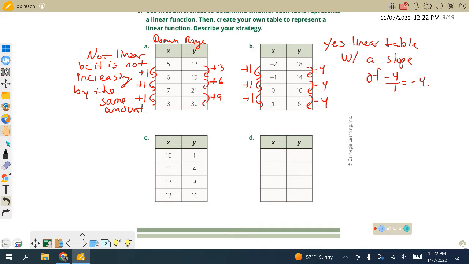All right, let's go with one more here. Let's go letter C. All right, looking at letter C then. I always start with the y's. That's, I think, how it's trained. How we go from 1 to 4. Don't overthink it. We can see a +3 there. How are we going from 4 to 9? Yeah, +5, right? That right there should throw up a red flag. 9 to 16 is a plus